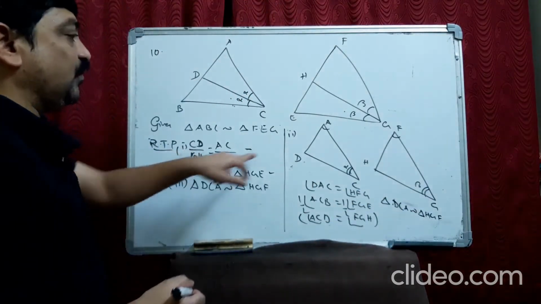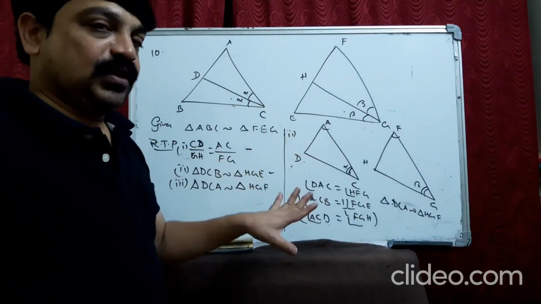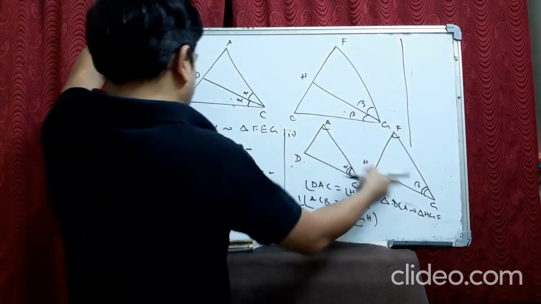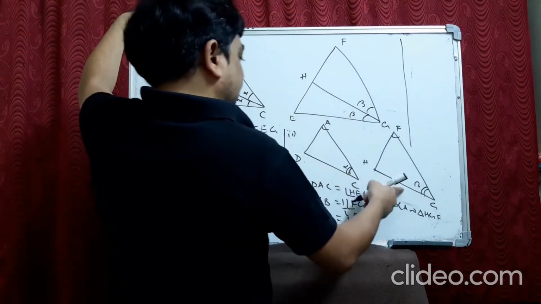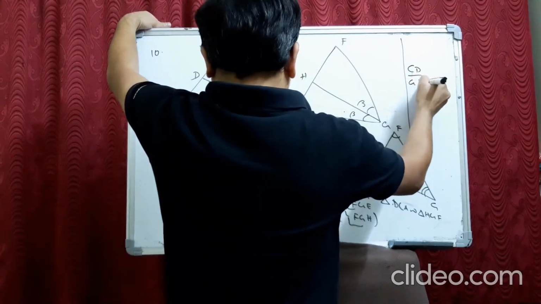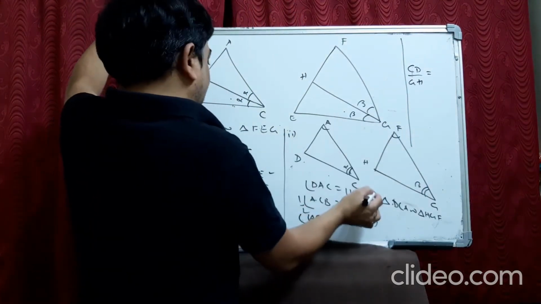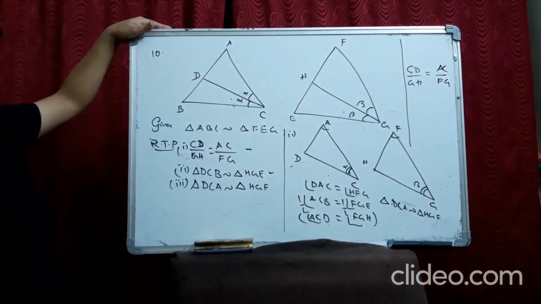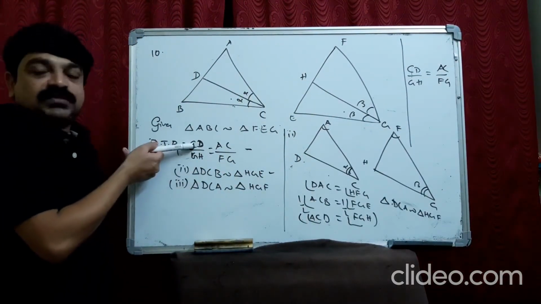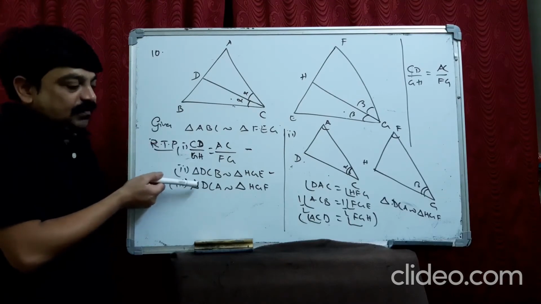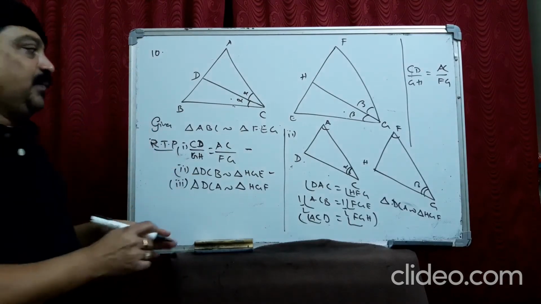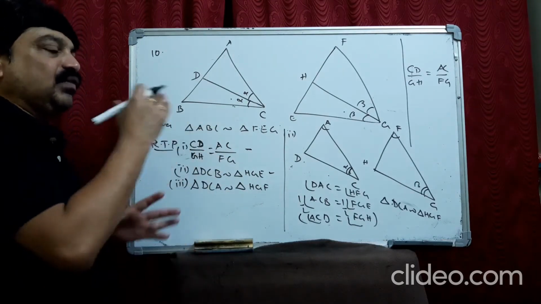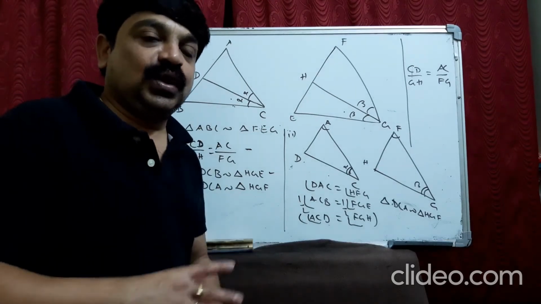To prove the first one, we need these two triangles. When two triangles are similar, you can compare the sides now. So let us compare the sides. What happens now? When you compare these two sides, we need CD by GH is equal to AC by FG. The third also will be equal, but we need only two. So from these two we take this one. So better you do these two first. From this triangle we take this. You just need to compare which triangles have these sides, so that we take those two triangles and compare them and prove the similarity of those two triangles.